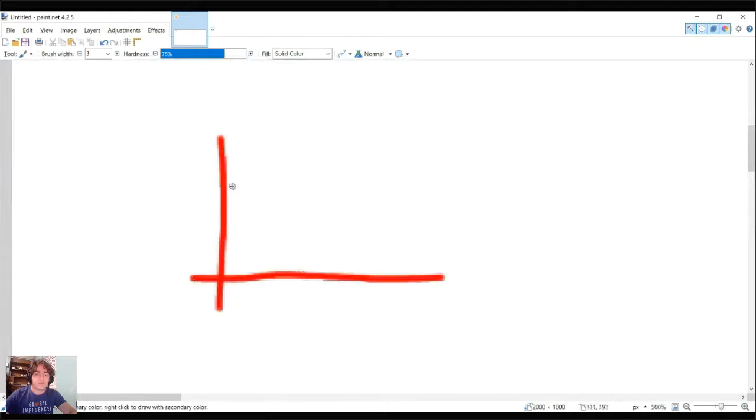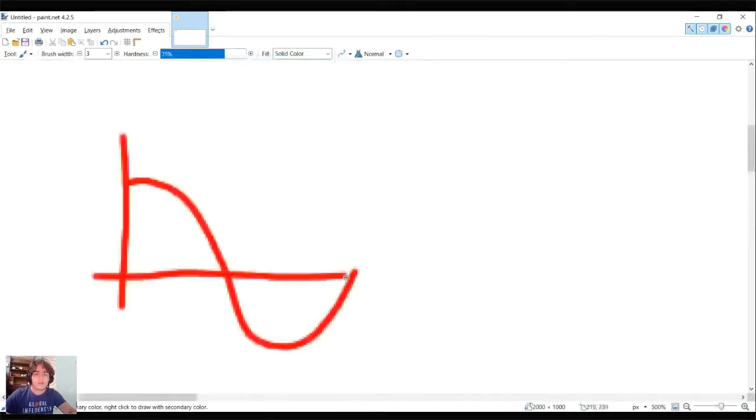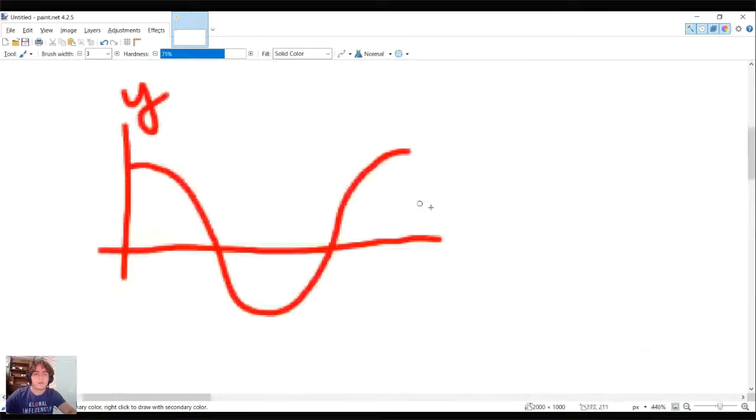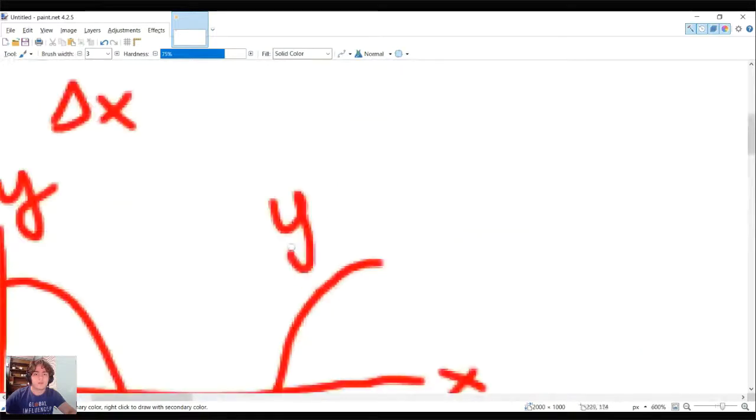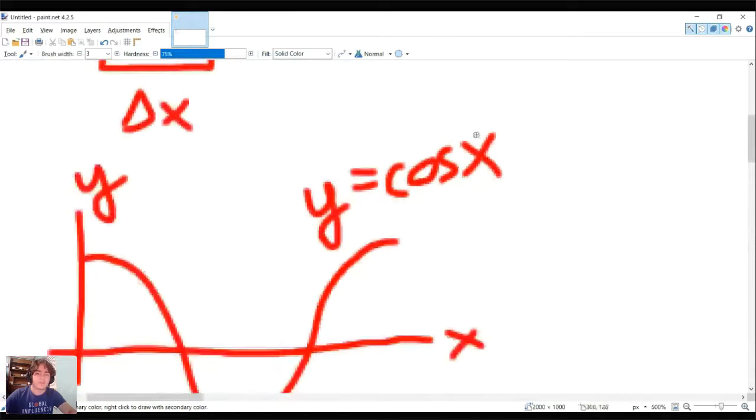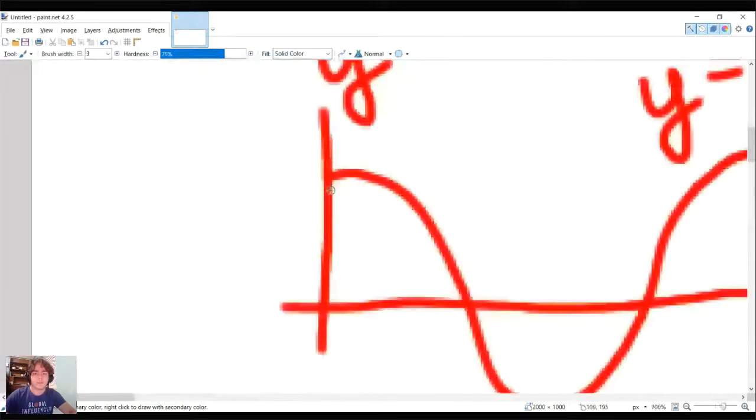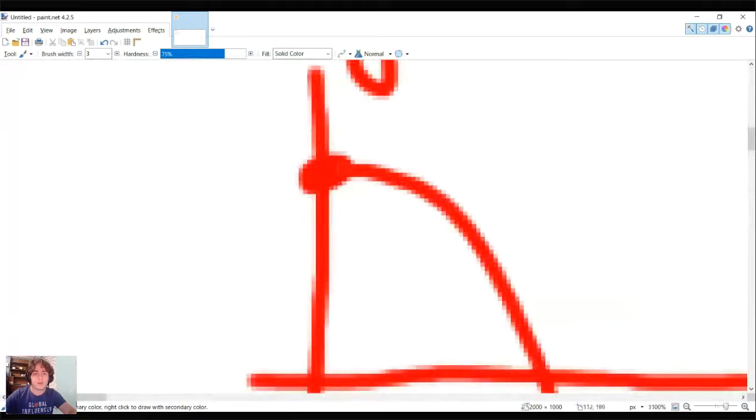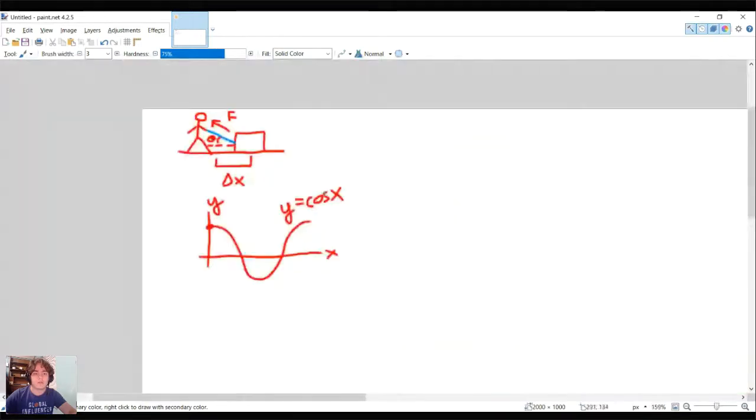the two main trig functions. This is almost a full period of cosine. We'll make it a full period, actually. So this is y, this is x, and this graph is y equals cosine x. If you don't know how to graph it, just believe me. So we do see that this cosine graph is a maximum at 0 angle. And